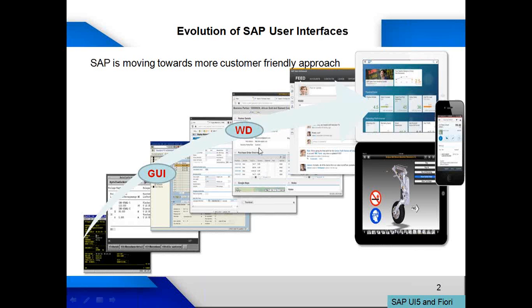WebDynpro is basically a browser-based GUI. There we can see the SAP data in tables, and it is only for lightweight applications. We have some complex transaction codes in GUI, such as MRP controllers and everything. We don't have those features in WebDynpro. And one thing is, these two are